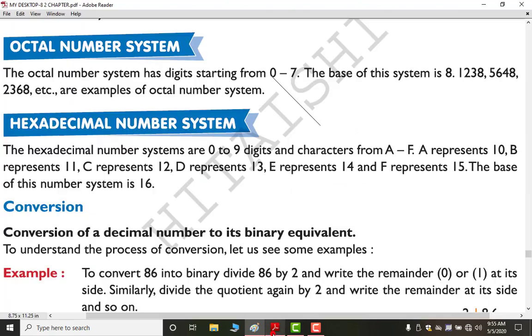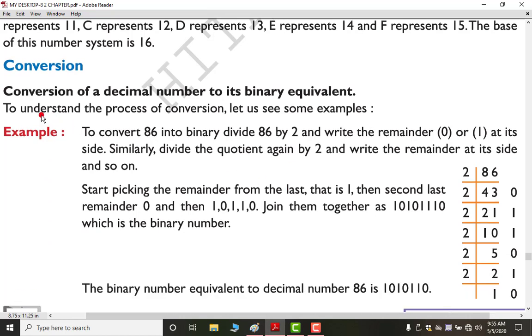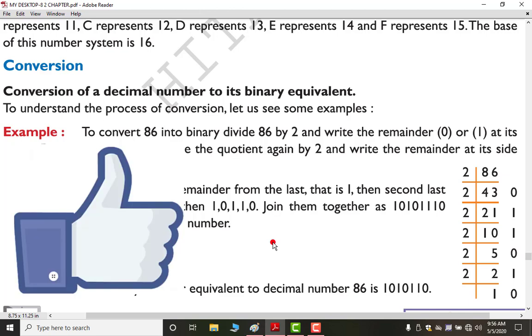Okay. In our next video, we will do the conversion: how to convert a decimal number to its binary equivalent. Means if you type 86 in your computer, how does your computer convert it into binary numbers like this. As I told you, your computer doesn't understand this 86. This 86 needs to be converted into these types of numbers. So it is done by this method. We will talk about this method in our next video. Okay. Till then, watch this video properly. This is most important for your exams as well as for your remaining studies.